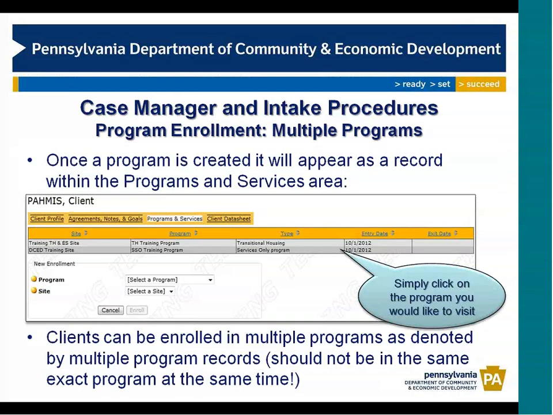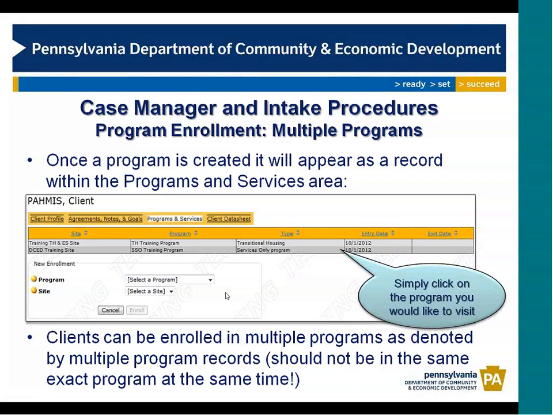Now, once a user has completed the program enrollment phase, answered all that information, as we showed at the beginning, the system will create an individual record. Each program record is still on a per-client basis, and it'll be shown here. As you can see here, this client is in a transitional housing and an SSO program at the same time. By simply clicking on which program you want to visit, the system will open up the screen, and it'll show all the previously entered entry data,